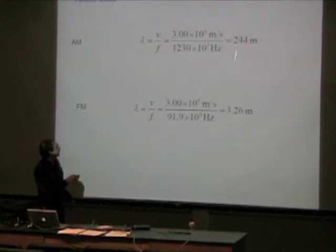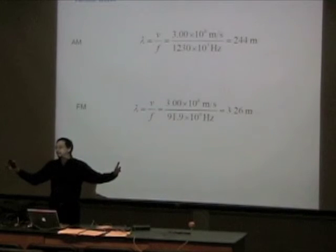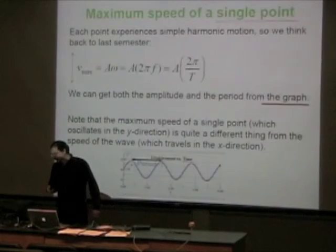Turns out that wavelength for a radio wave is a rather reasonable, like meter, 2 meters, 3 meters. For light, it's completely different. For sound, it's close to this. Now,